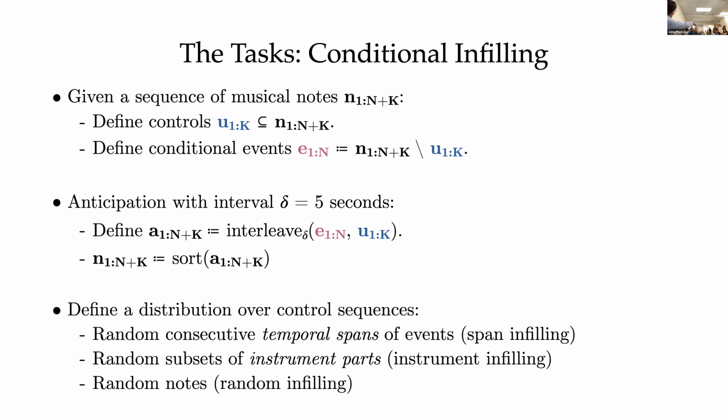The other point I wanted, so you had asked about data augmentation. You could also think about this as a kind of augmentation that I'm applying to the training data, where I have unconditional sequences where everything is an event, but then I have all of these different random conditional generation problems that I pose to the model, where I took a few of the parts and designated them as control parts, and then ask, can you generate the rest of the parts given these control parts? Or I took some random spans, and there's some randomization happening in here that you might hope would behave as some kind of augmentation. I was actually somewhat optimistic this might behave as augmentation. We'll see in the results that maybe it didn't help that much, but it is a kind of augmentation.